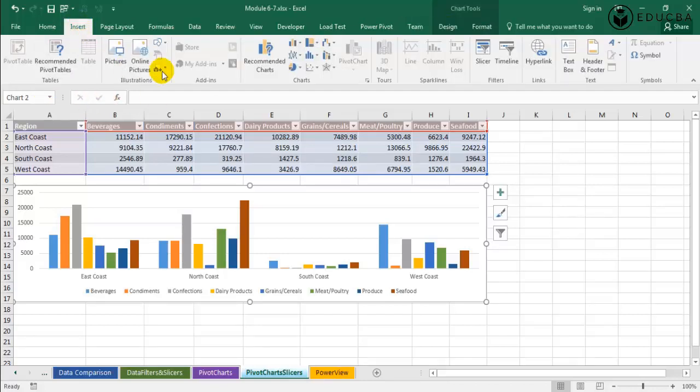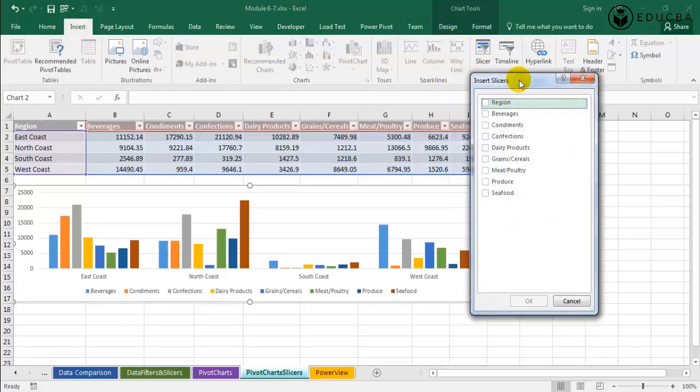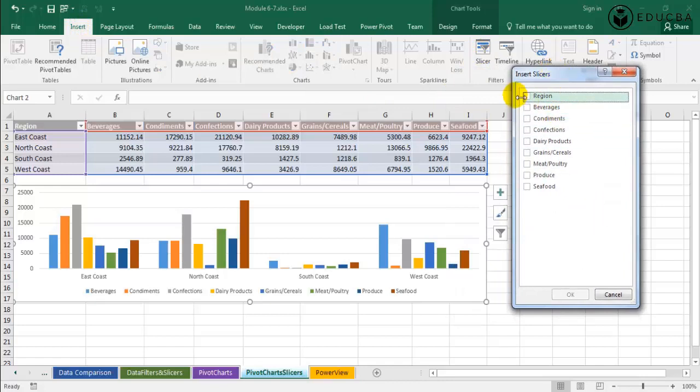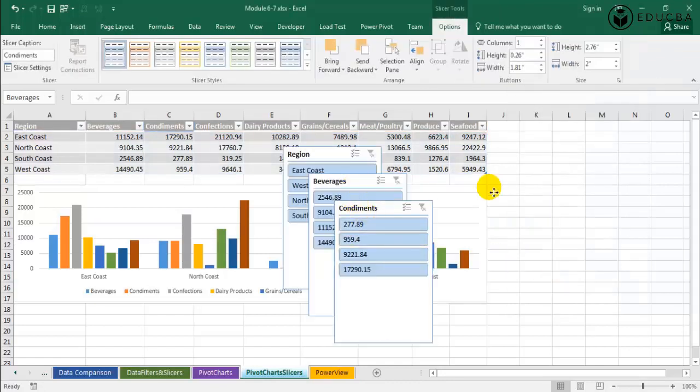So now I can simply go to the Design tab, and I can go to Insert, and I can use slicer, and I have this slicer. Now I have 4 regions, and I have 8 products. So I have all here, but I don't find them relevant if I have to use a slicer for any of the products. So let's select a few and see how it goes. Click on OK, and